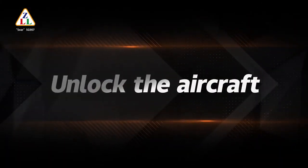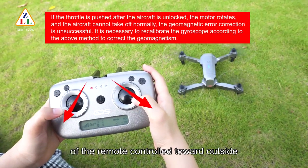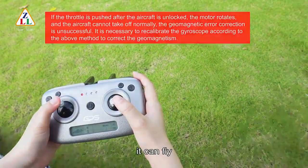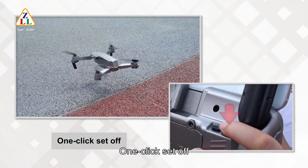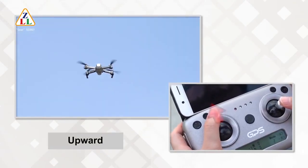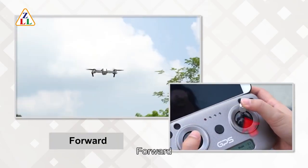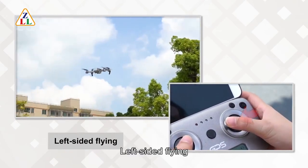Unlock the aircraft by simultaneously pulling the left and right sticks of the remote controller toward the outside. It can be unlocked. After the power has been turned on, it can fly. Basic operation: one-click takeoff, one-click landing, upward, downward, turn left, turn right, forward, backward, left-sided flying,